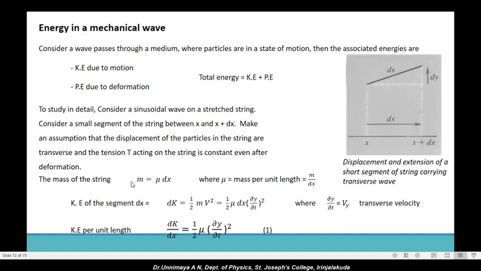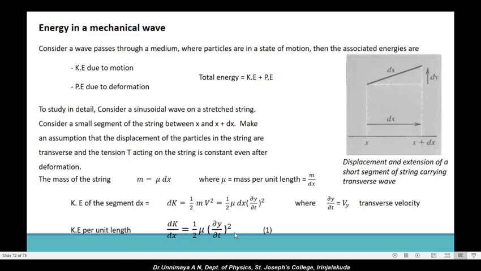So today we discuss energy in a mechanical wave. For that we considered a small segment of a sinusoidal wave on a stretched string having length dx. For that we find out what is the kinetic energy of the segment, that is using half mv square term. We substitute for m and transverse velocity, we end up with this relation. From that we find out kinetic energy per unit length dk by dx, that is half mu dou y by